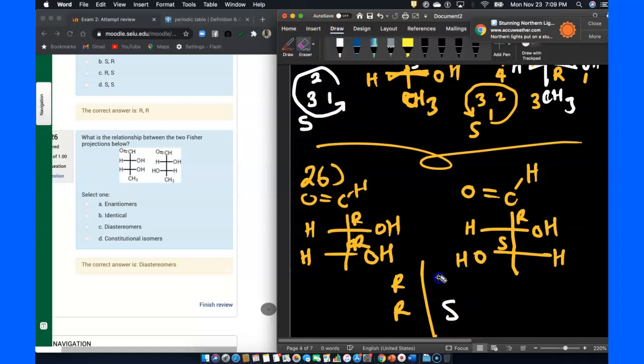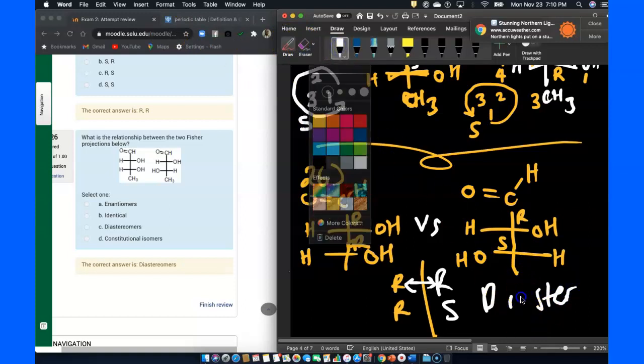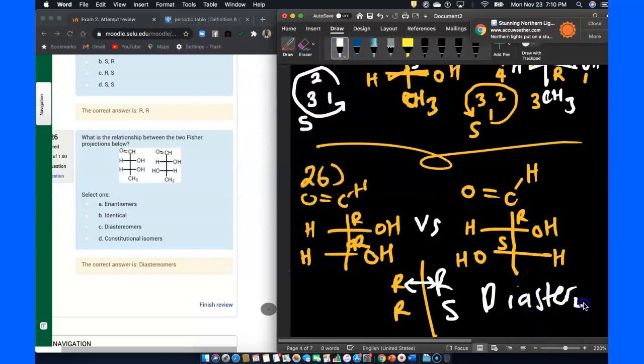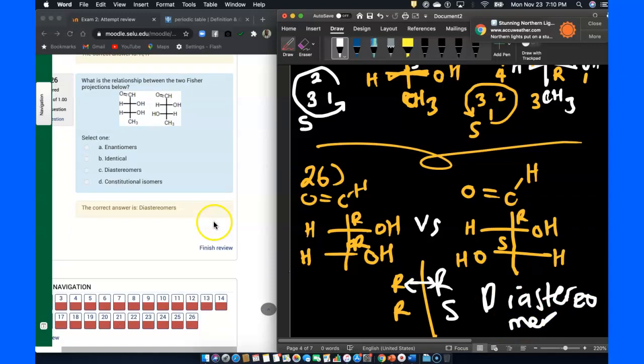So basically, one stereo center is kept. This is kept, but this is now switched if you compare the two. So in this case, this is called diastereomers. So diastereomers is where one stereo center is kept and the other one is switched. Diastereomers. Okay, and that ends the review for exam